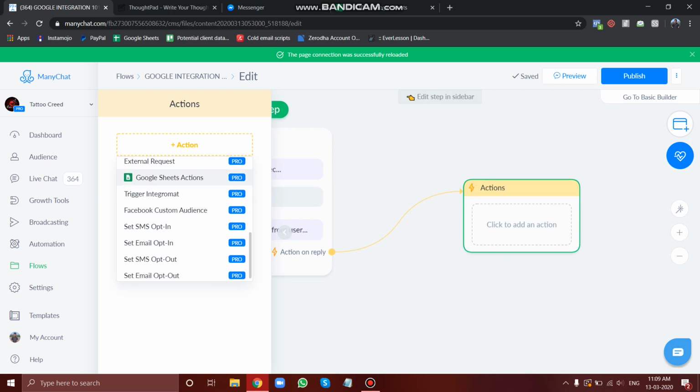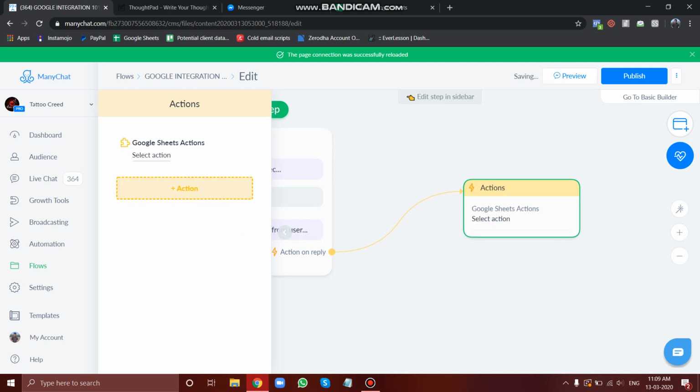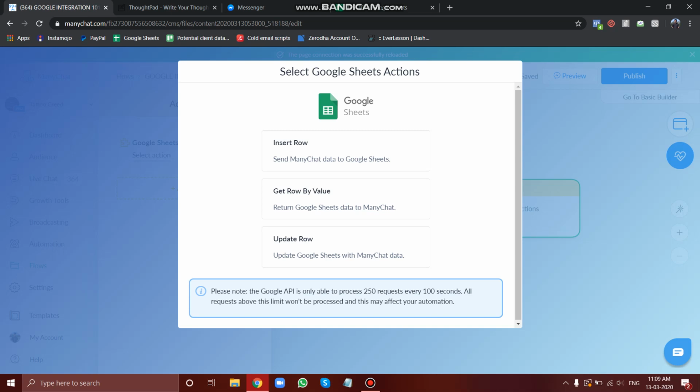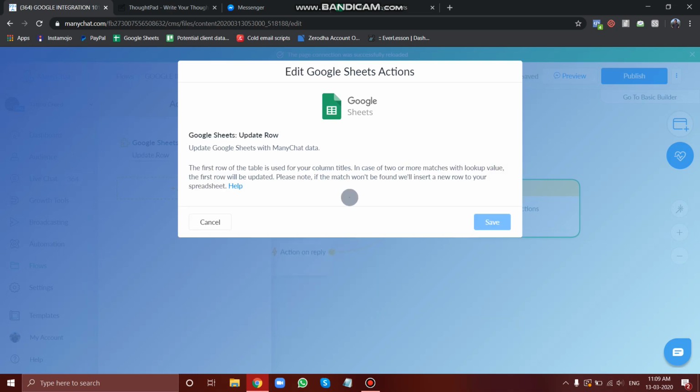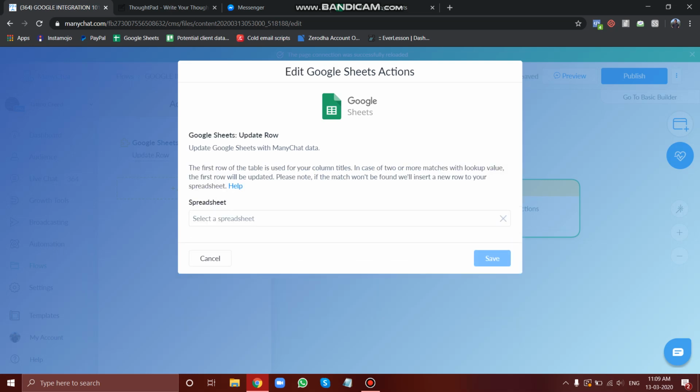Our action here is the Google Sheet actions. Click on Google Sheet actions, and then again click on select action. Now what do you want to do? Do you want to insert a row? Do you want to update a row? So what do you want to do? Just click on update data, update rows. Since you want to update a row,